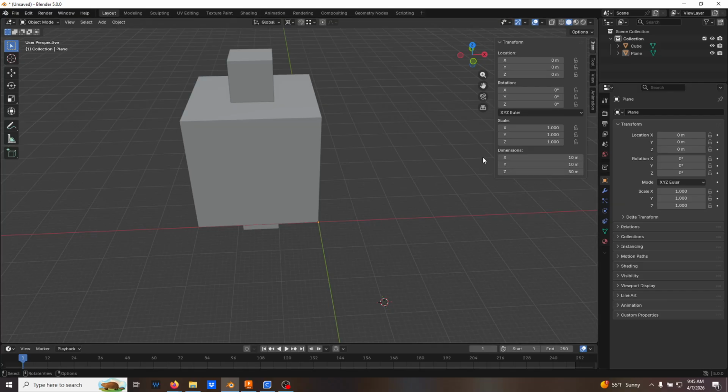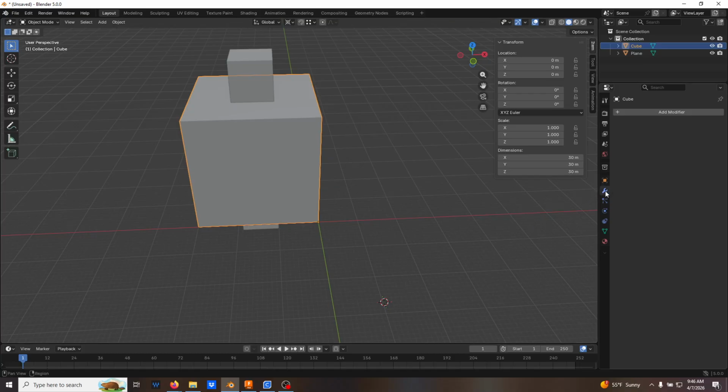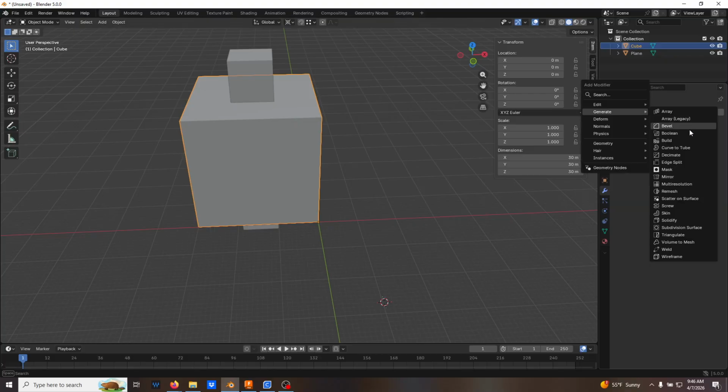So I'm going to go over here to this menu, and generally modifiers are applied to the mesh. They're applied to an object basically. So I have my cube object and the plane object, which is now a rectangular prism, which I've extruded. So I'm going to apply this to the cube. Generally when you think about modifiers, you want to think about what you're going to apply them to. So I'm going to go to this little wrench here, and it's going to say modifiers, and I'm going to click add modifier. I'm going to go to generate, and then